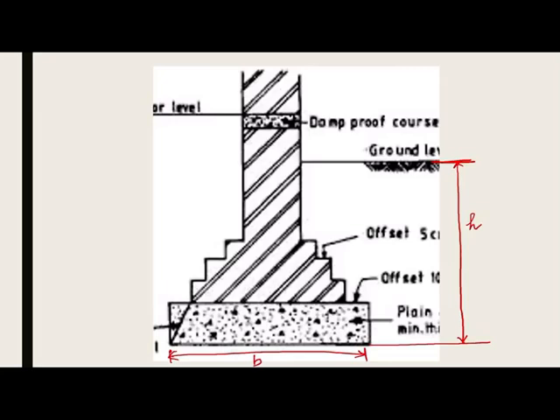Similarly, when you are taking the quantity of material for the PCC layer, the breadth is going to stay the same, the length will also stay the same, but the height is going to change to this value when you consider the quantity that is there in the PCC. Similarly, as you go up, you have different heights which will be considered for the corresponding layers, and accordingly these widths will also be considered.